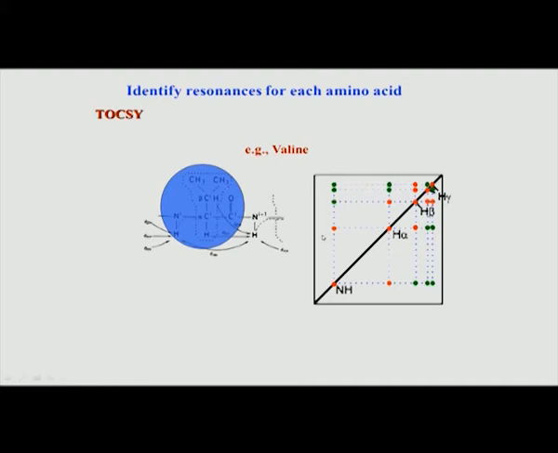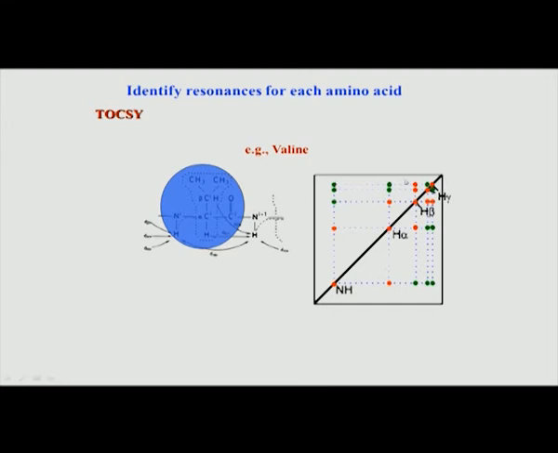Remember, this is a 3 bond J coupling, as shown by this arrow here, and then from this proton H alpha you see correlation to the neighboring side chain aliphatic spin system. So, to beta, to gamma 1, gamma 2. Now, which gamma is which proton we do not know, so we cannot distinguish that just by TOCSY. So, we will just call one gamma arbitrarily gamma 1 and the other gamma as gamma 2.